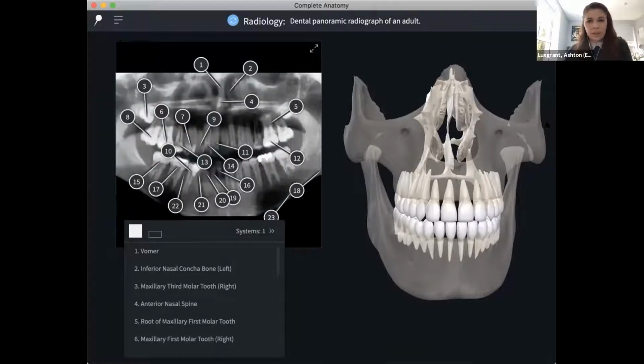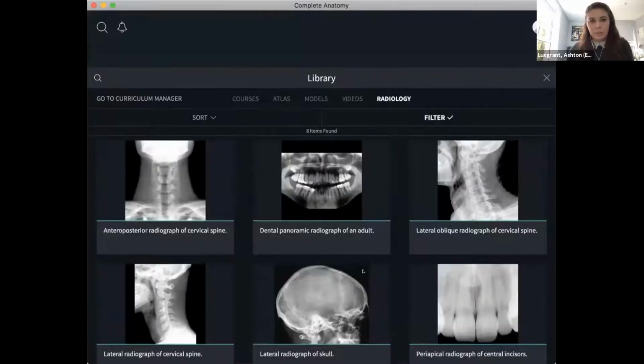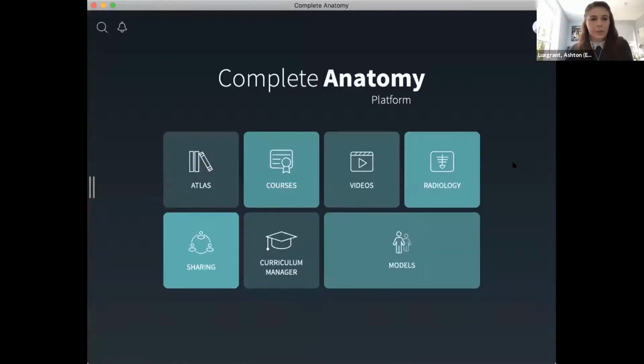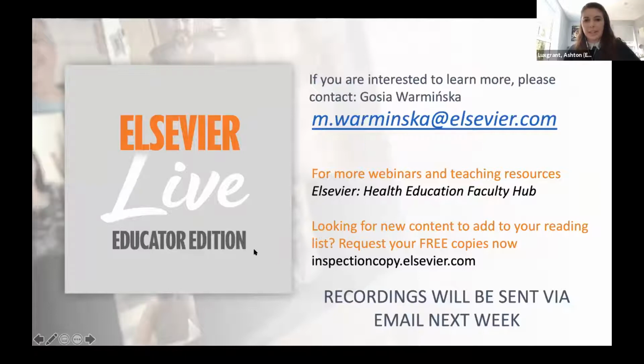So that's basically the radiology in a nutshell. And hopefully these different kinds of tools can help you then teach your students a little bit more about dentistry. That concludes my portion. So now we can talk about how you can contact us if you have further questions,